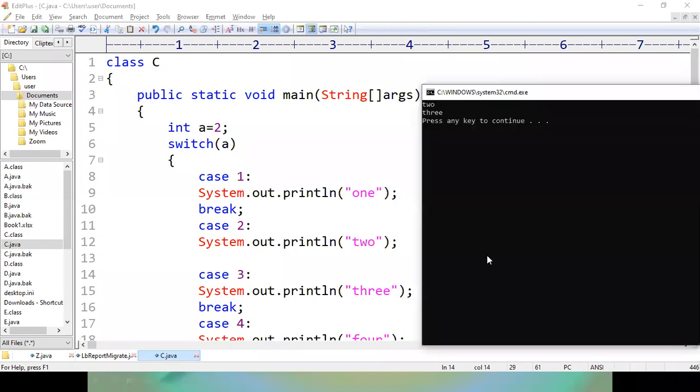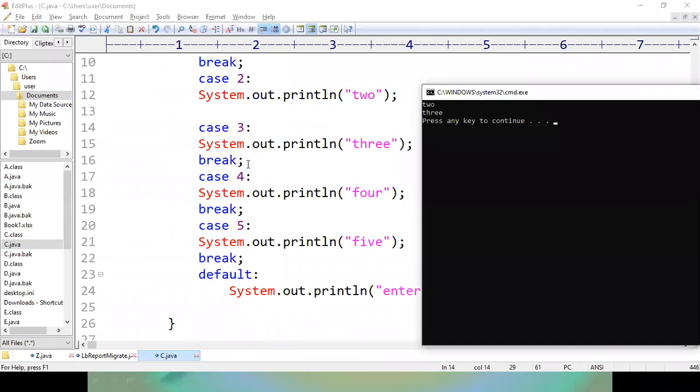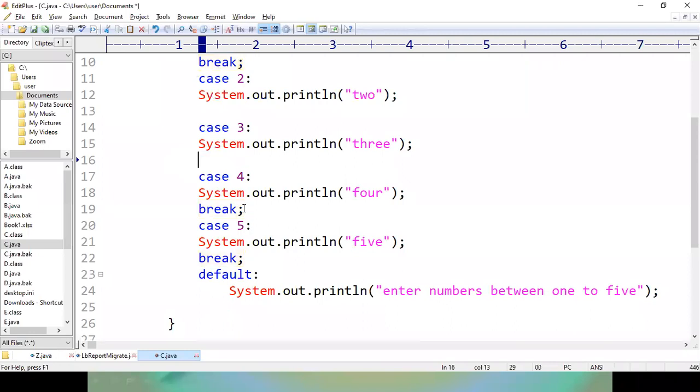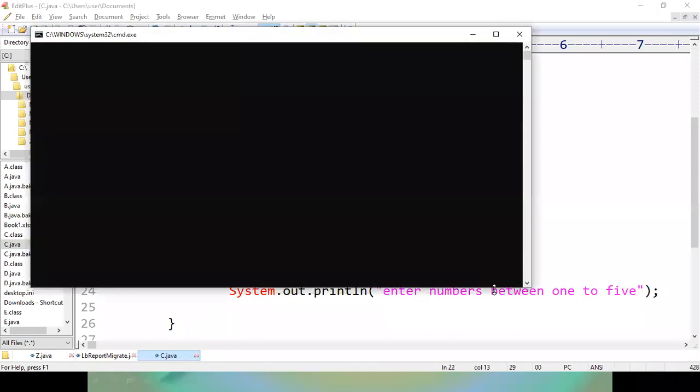If one case inside the switch matches the given condition, then the compiler is going to execute all the statements present in the remaining cases if we don't write any break statement. For example, if you don't maintain the break statement in all the remaining cases, then the output will be 2, 3, 4, 5, enter numbers between 1 to 5. All the statements are going to be printed on the output screen.